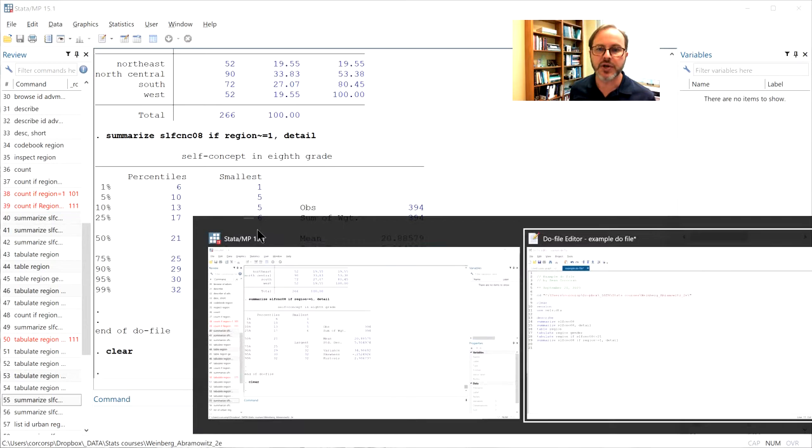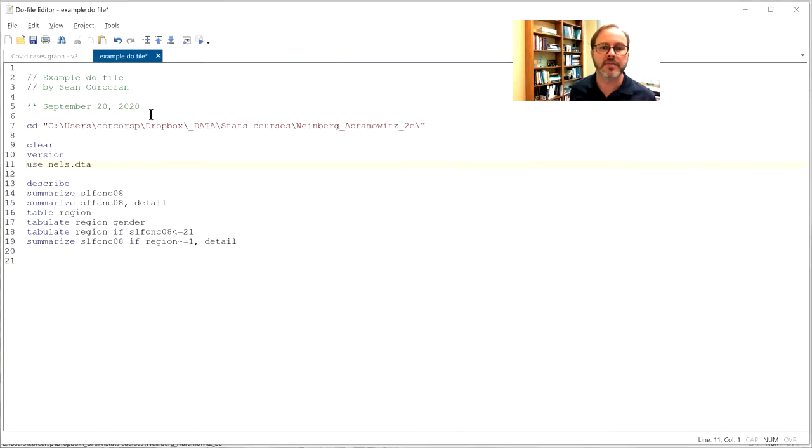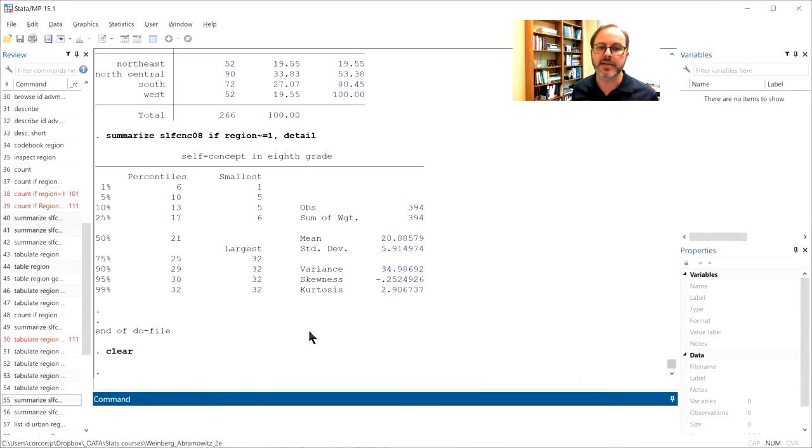So the next thing I want to show you is how to use a log file. I've already shown you a couple different types of Stata files. The .dta file, that's the flat file, the dataset. The .do file, that's the do file, the script of commands that you execute. But I would like to show you a log file. There are different formats for log files. A log file is literally just a text file or enhanced text file that Stata creates and saves